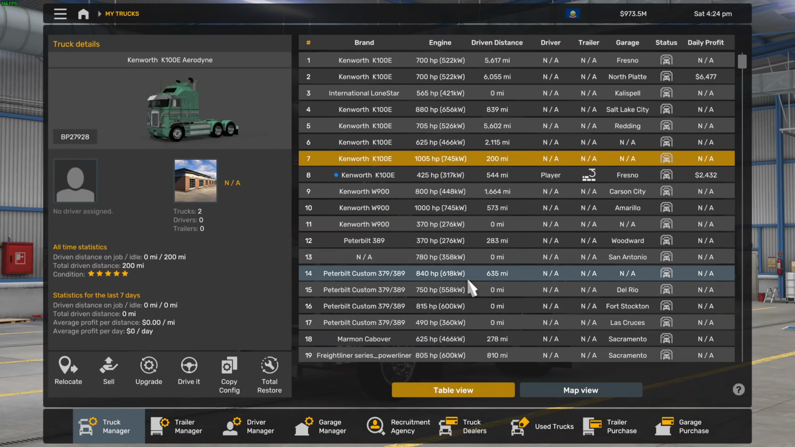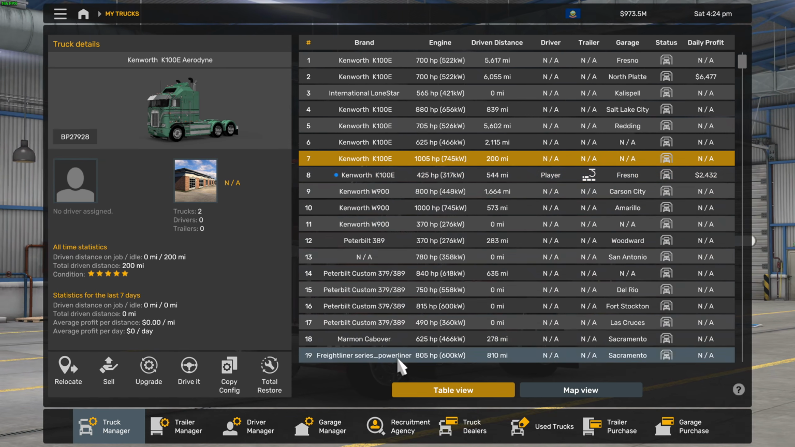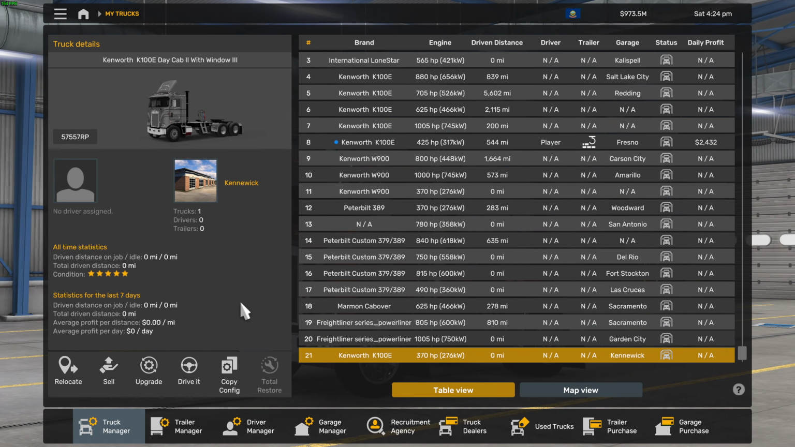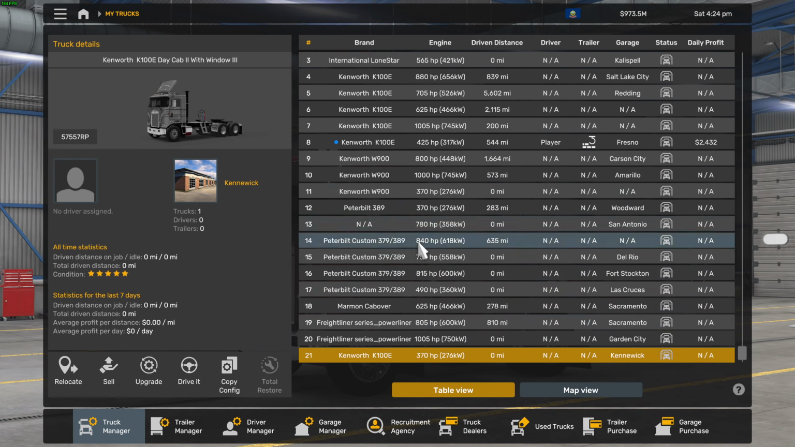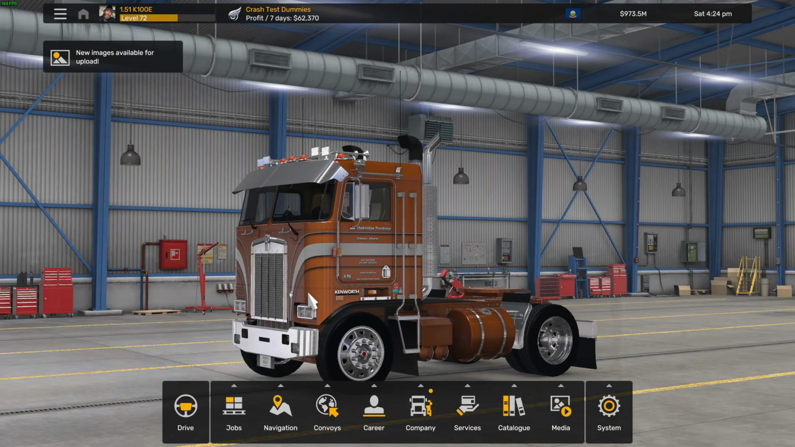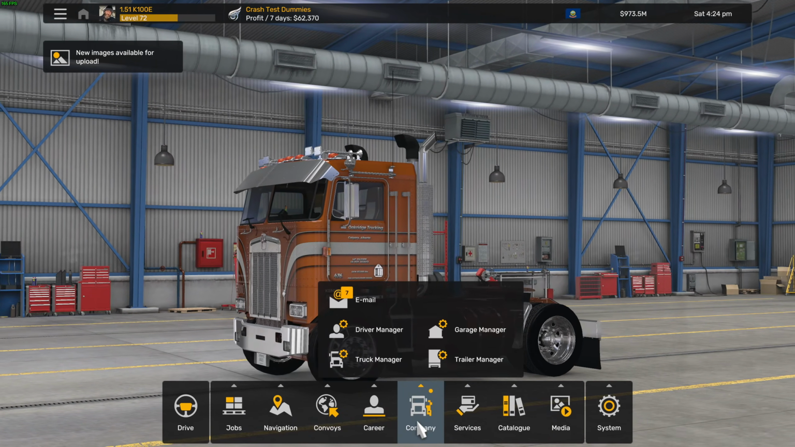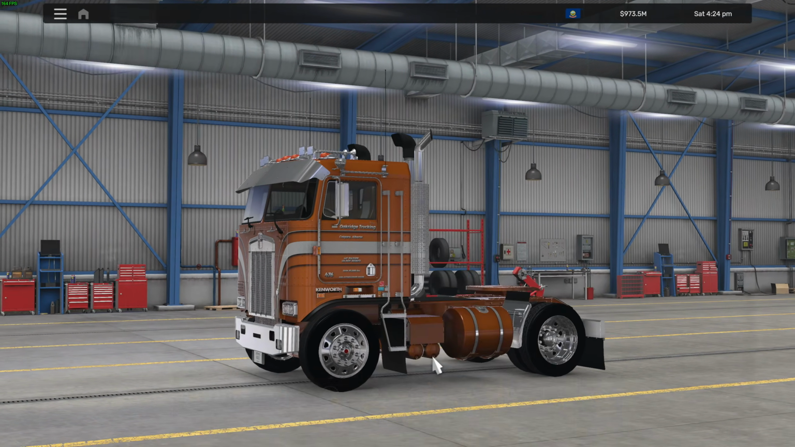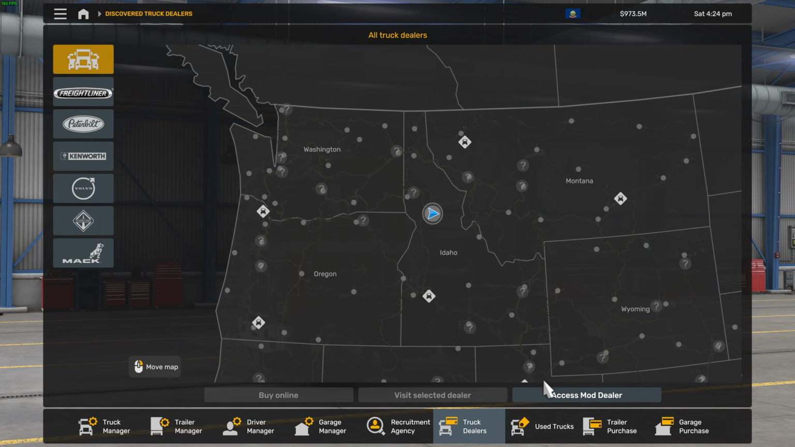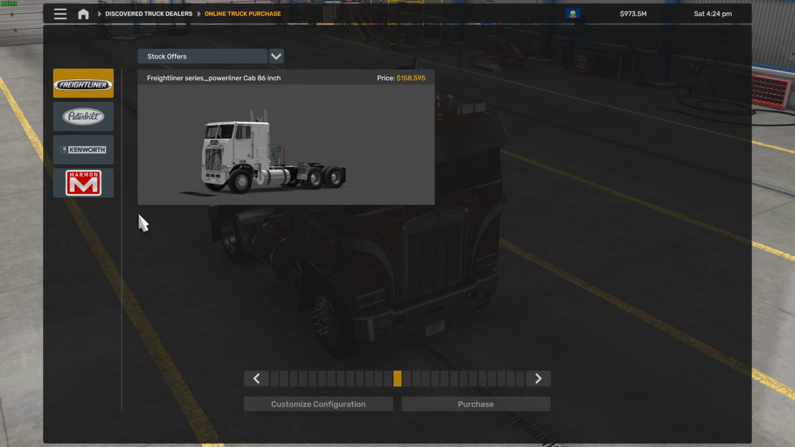So let's go, I guess we should build one. So I bought one real quickly, just ended up here. But we're going to do it from scratch. So we show you what it looks like in the shop. So let's go services, truck dealers. And I'm in 151, so it probably looks a little different, but